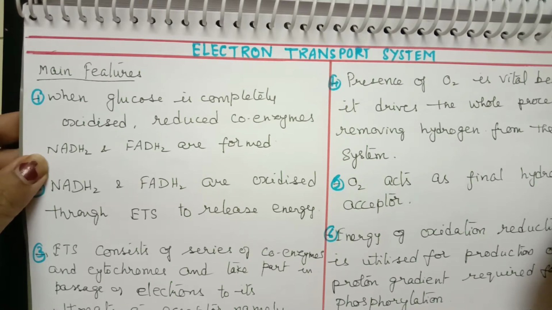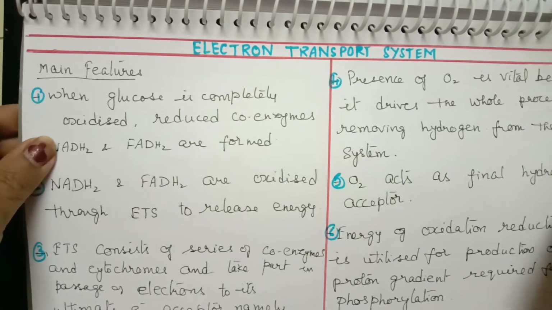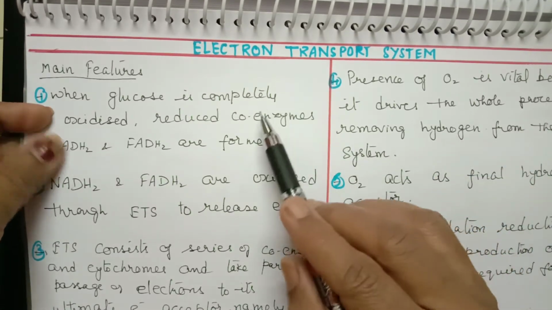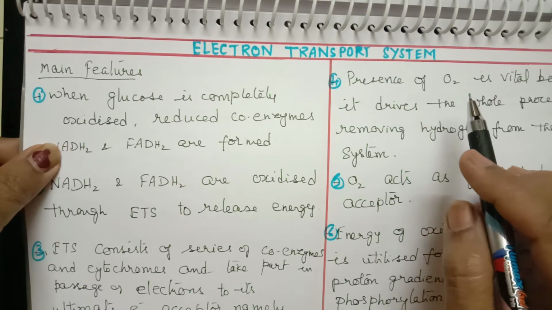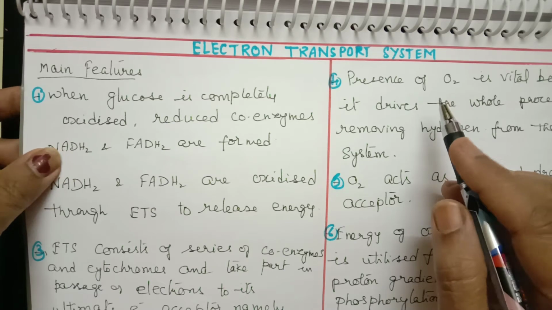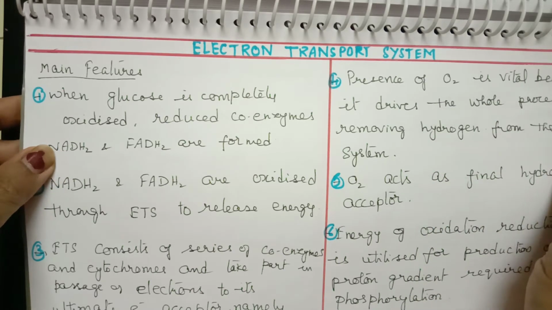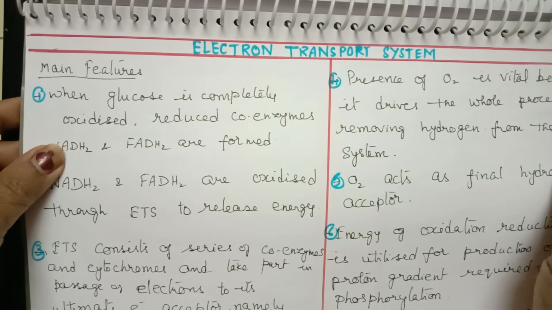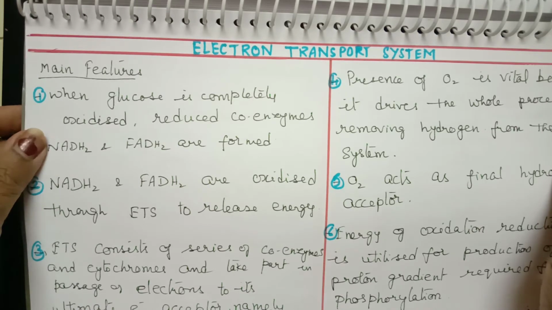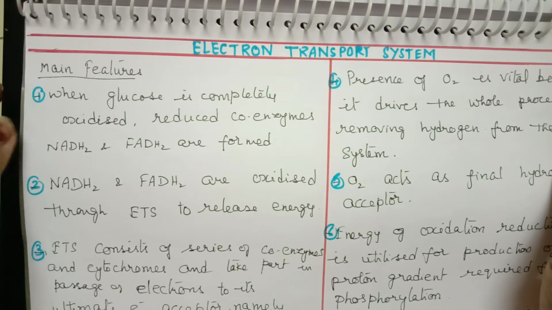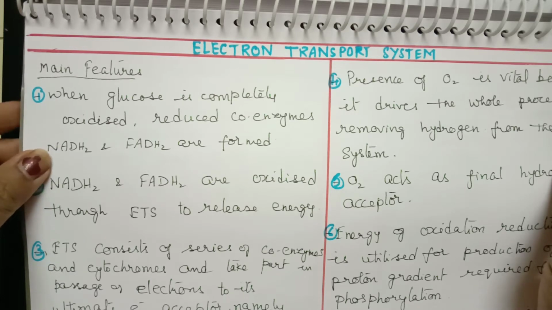So now let us come back to the topic. Today's session we will do the electron transport system in mitochondria. Already I have completed up to the Krebs cycle, and we have also listed down the products of the Krebs cycle. I will give you my YouTube link in my description box. You can go through all my videos where I have done the respiration chapter. The last I completed is the Krebs cycle. So now we will do the electron transport system, that is in mitochondria.